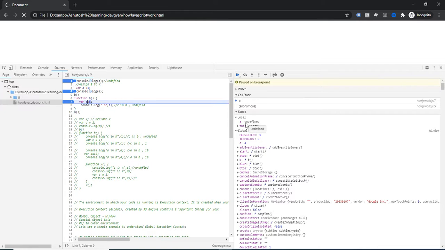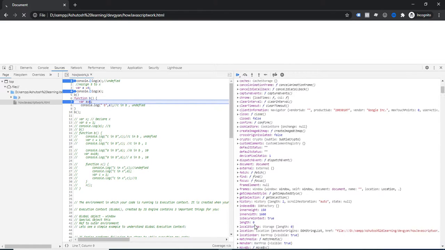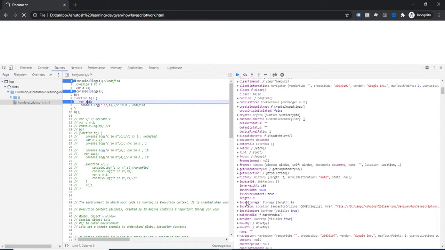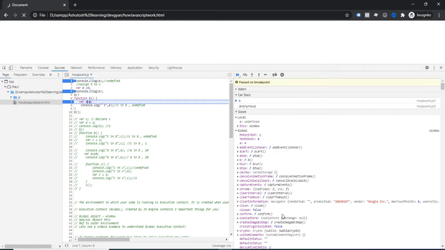Now at some point, if you want to access, let's say, confirm, or setTimeout, or clearInterval, or if you want to access the local storage, or an event listener, you can access them very easily, because local has access to its parent, and the parent has lots of things.